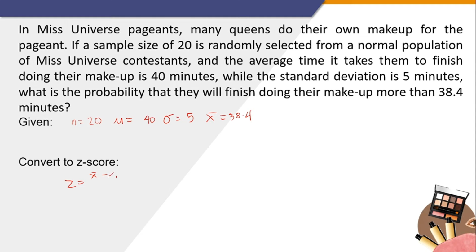Sample mean minus the population mean over the standard deviation over square root of n. So, yung sample mean natin is 38.4 minus yung population mean natin na 40 divided by the standard deviation, which is 5, divided by the square root of n. Yung n natin is 20, so square root of 20. And this is equal to